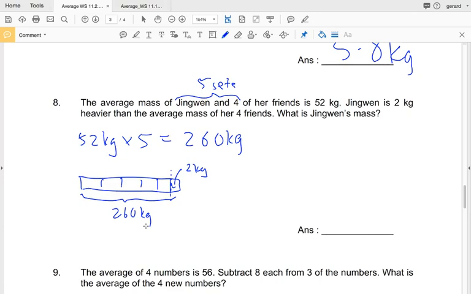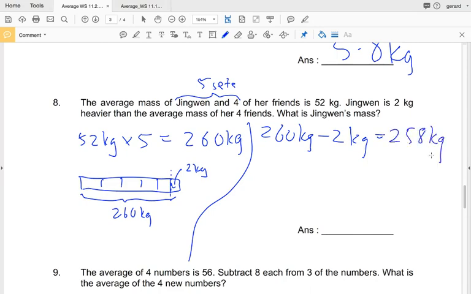So from here you just need to take 260 kg minus 2 kg equals 258 kg. Okay, now with this new number, it's actually 5 units. 5 units equals 258 kg. 1 unit equals 258 divided by 5 equals